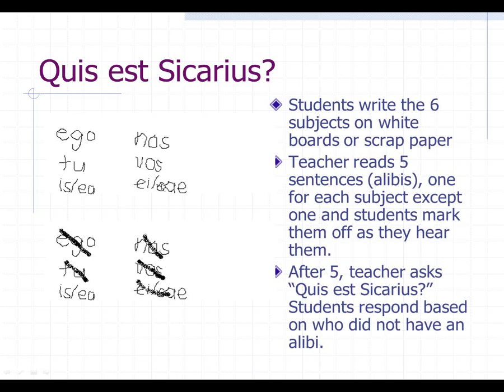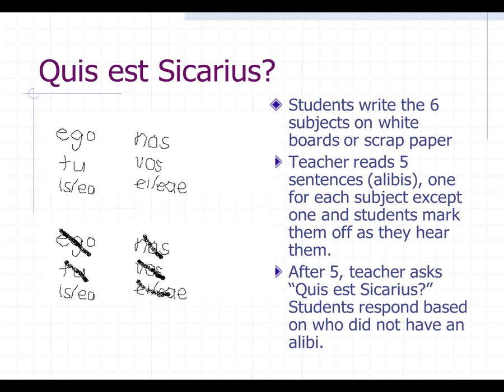So you start by asking the students to write the 6 subjects on a whiteboard or a scrap piece of paper. And then you read 5 sentences which give an alibi for 5 of the 6 subjects and instruct the students to cross off the subjects from each sentence as they hear them.